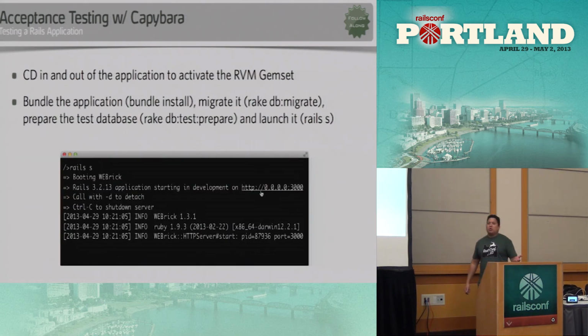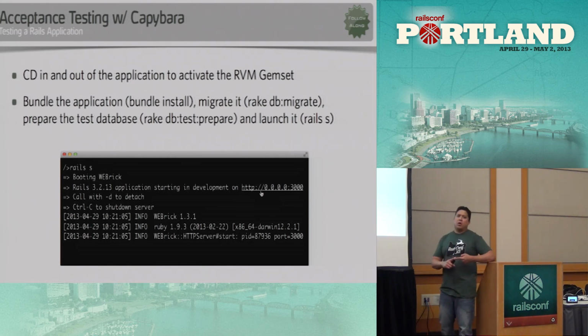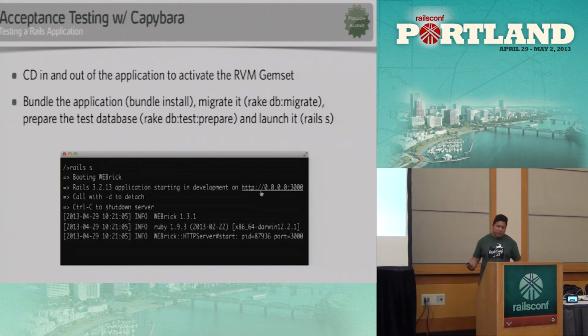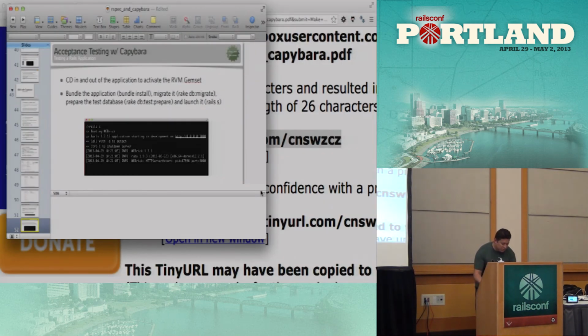All right, so I'm going to show you basically what the app does first. Once you get the repo cloned, I want you to cd in and out of the directory, so RVM recognizes that we have an .rvmrc file. I want you to do gem install bundler if you don't have bundler, and then go ahead and bundle the whole thing. Then you can launch it with rails s. But I'm going to do that in here so you can see what I have.